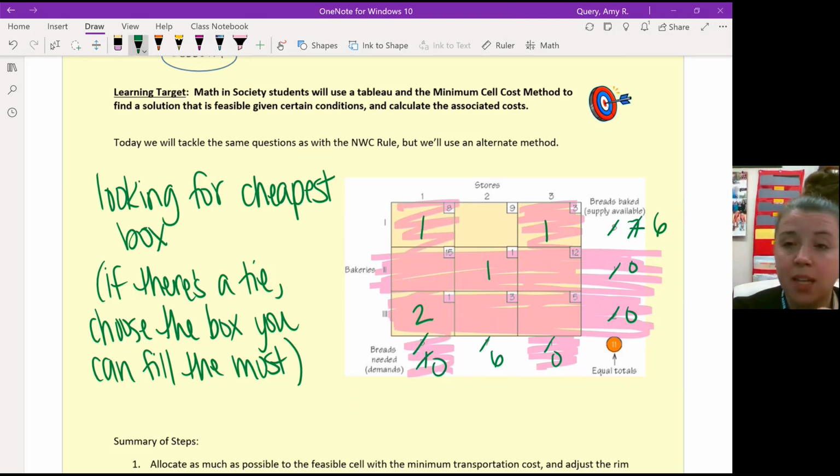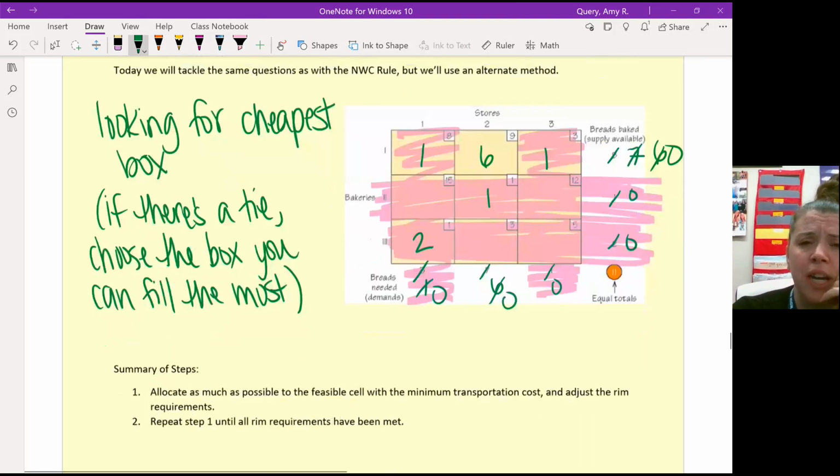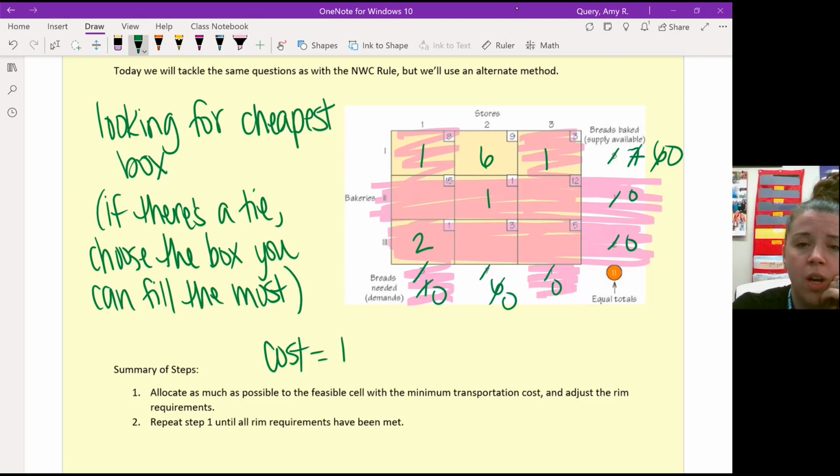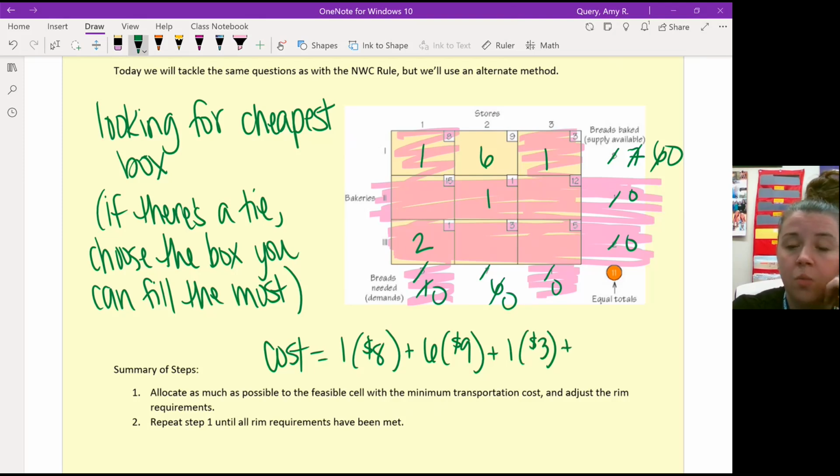And now I've just got that last box. I had to put 6 in there because it's 6 and 6. But that will finish off the problem. So let's figure out what this cost is. It is 1 times $8 plus 6 times $9 plus 1 times $3 plus 1 times $1 plus 2 times $1. So that looks like $68,